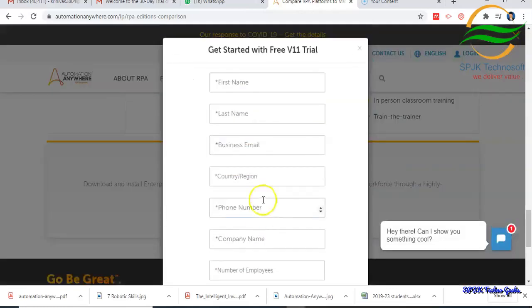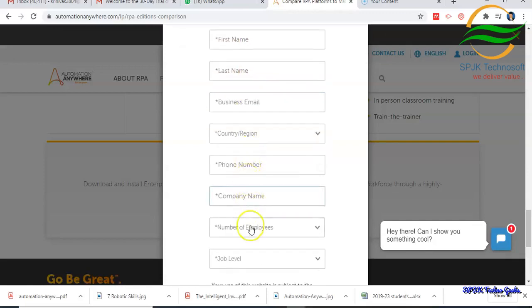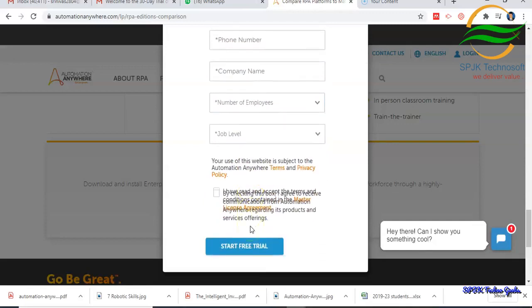Then there will be one form showing where you need to give all your information like first name, last name, business email, country, phone number, company name, number of employees, job level, and click on this checkbox for the agreement, terms and policies.